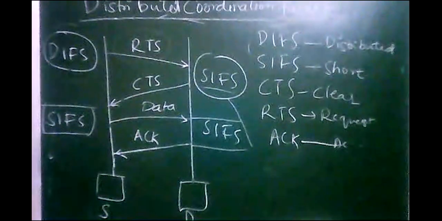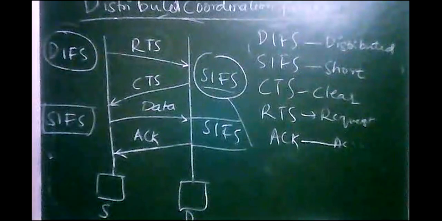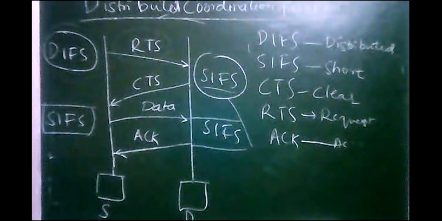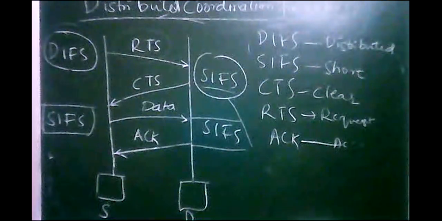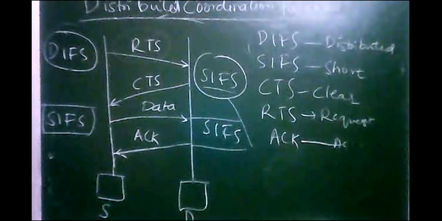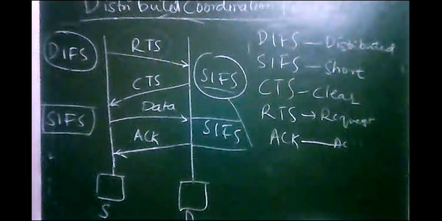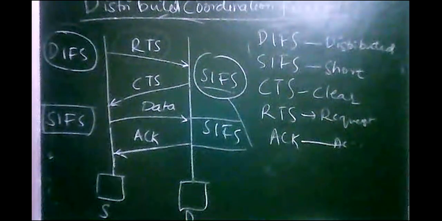So what happens here is, whenever any station wants to send data over the medium using a method called CSMA-CA, there is one kind of thing that will happen. Before sending data, a particular station has to wait for a certain period of time because it needs to check whether the medium is free or not, or the channel is busy or idle. So for that, it will send a signal.